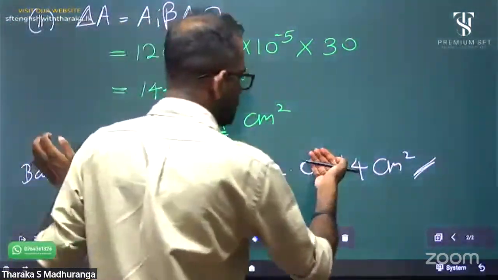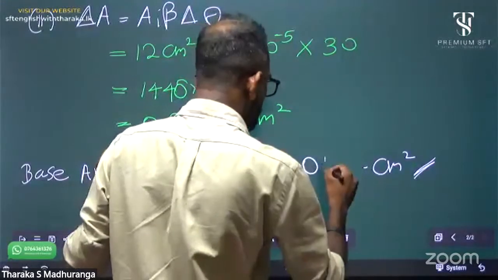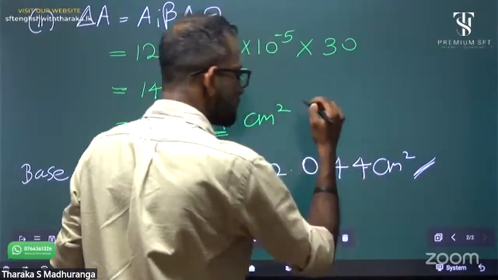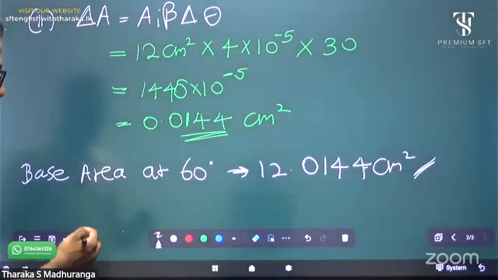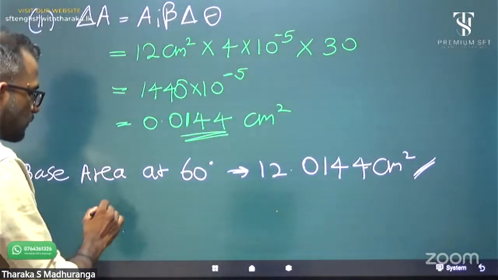Then it is 12.0144. Harnit. Then the volume equals the volume of cylinder